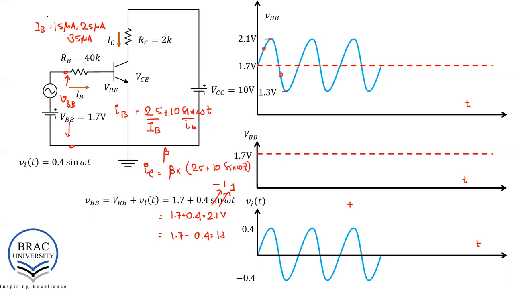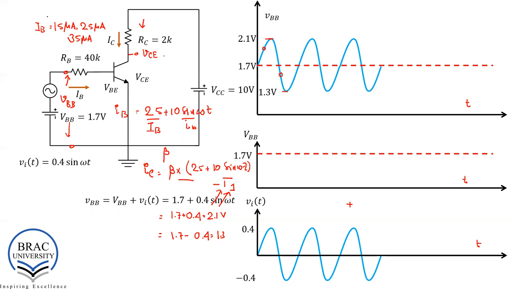So the collector current is also changing with time. It has two components, one is DC, another one is AC. And then, since the collector current is of this form, consisting of a DC component as well as an AC component, the collector to emitter voltage